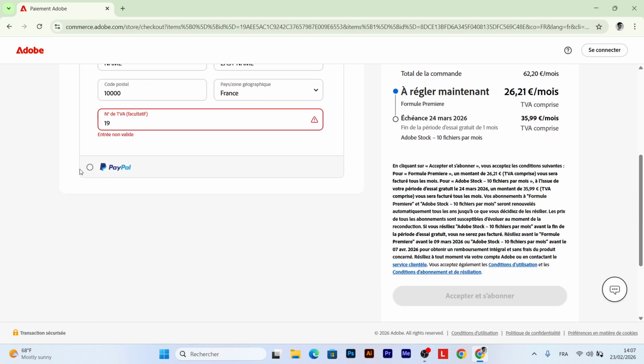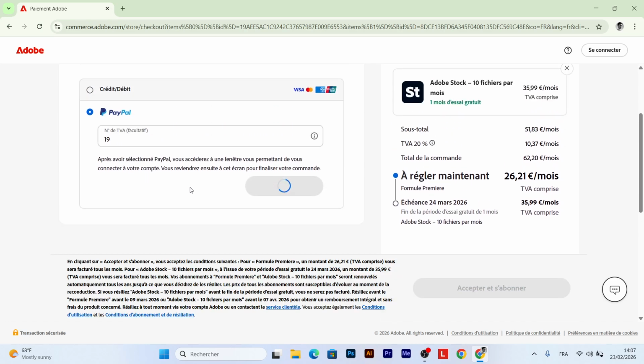Okay guys, and here you can choose PayPal, and you can just connect with your PayPal payment, and you can go to accept the subscription,